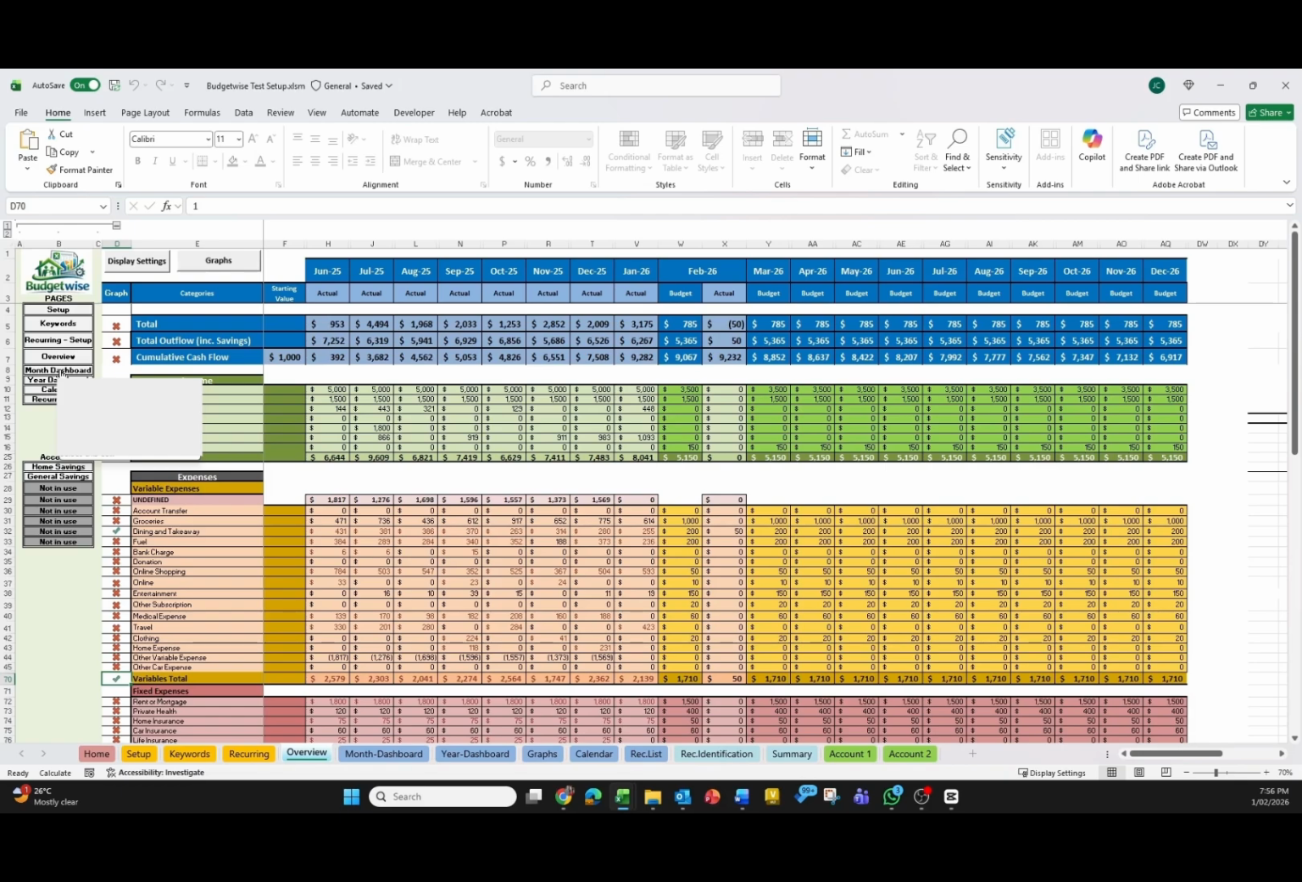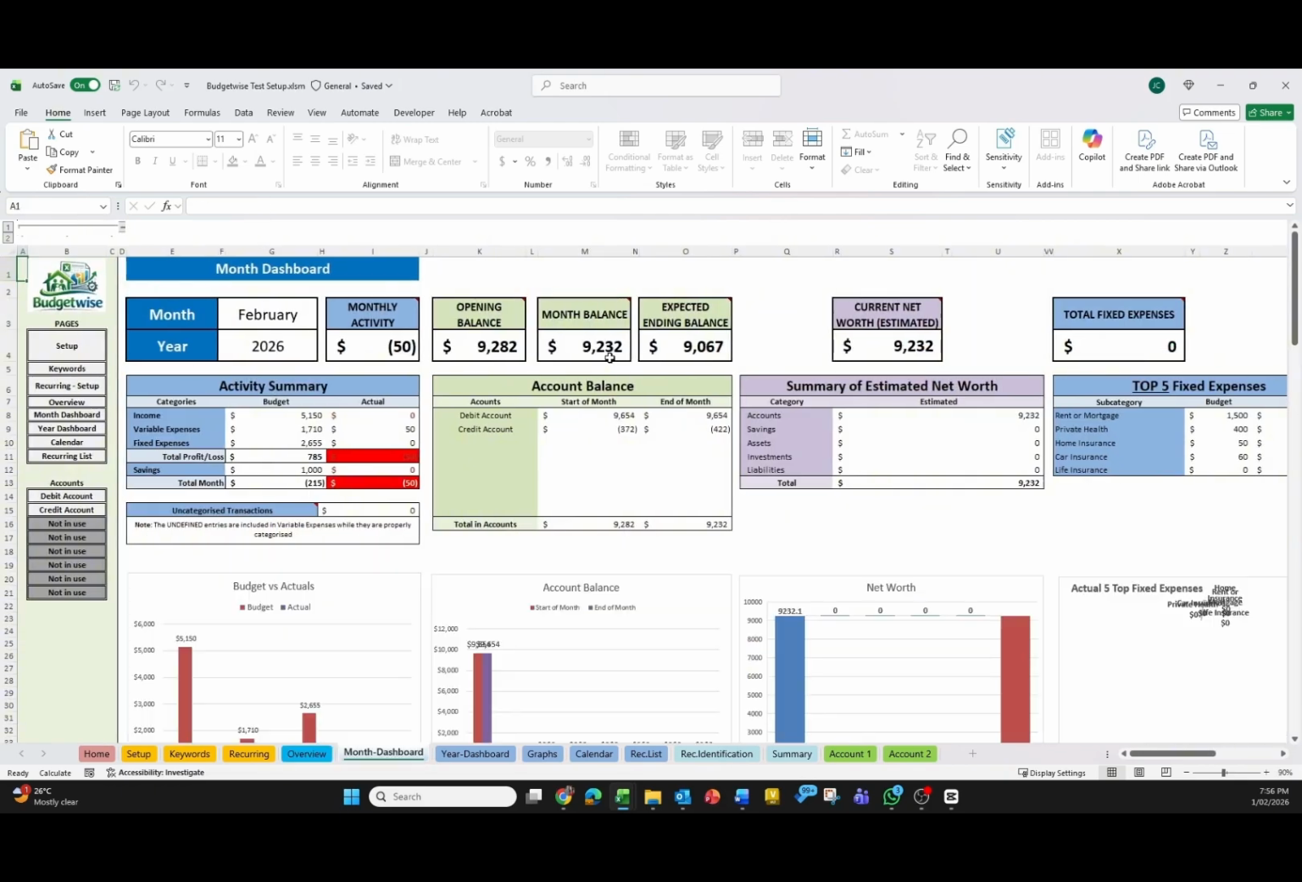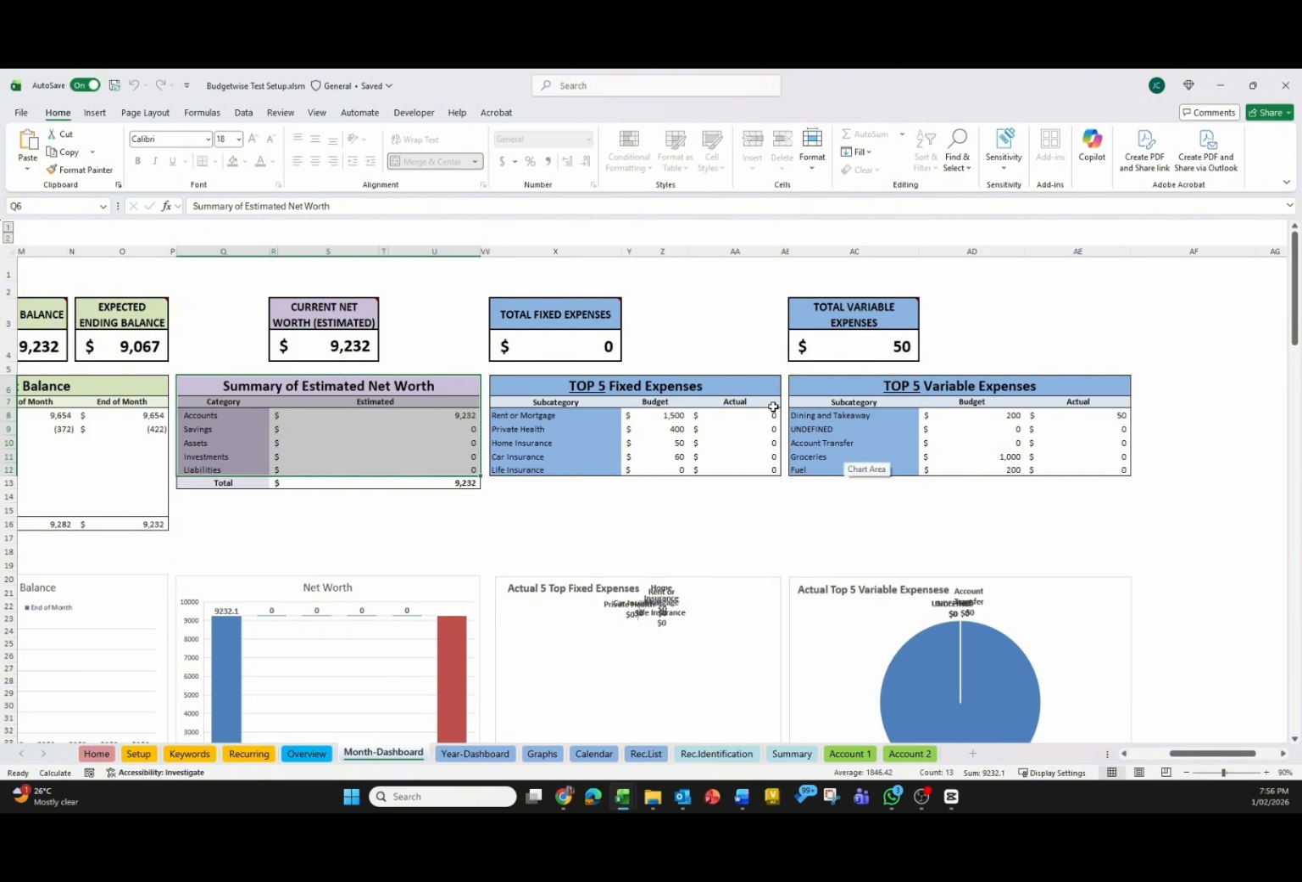The dashboards. The dashboards bring everything together into clear visual insights that are easy to understand at a glance. Simply select the month and the year using the drop-down options at the top. From here, you can quickly see your income, expenses, savings, and all the account balances for the selected period. You also see your overall net worth, a list of your top 5 fixed and variable expenses,